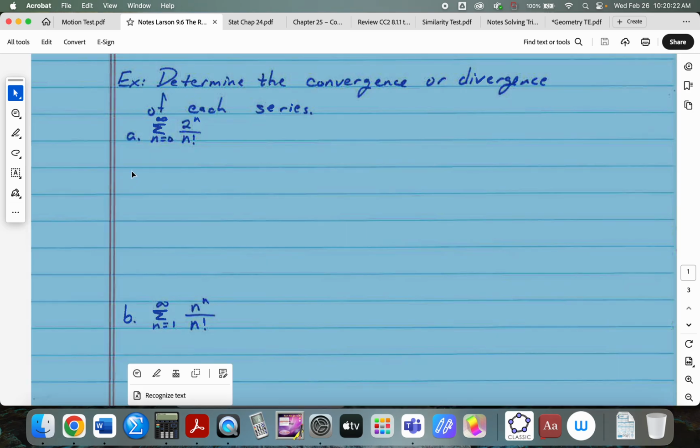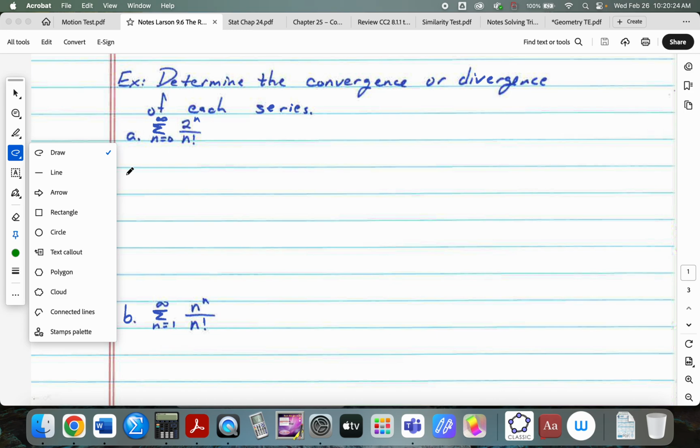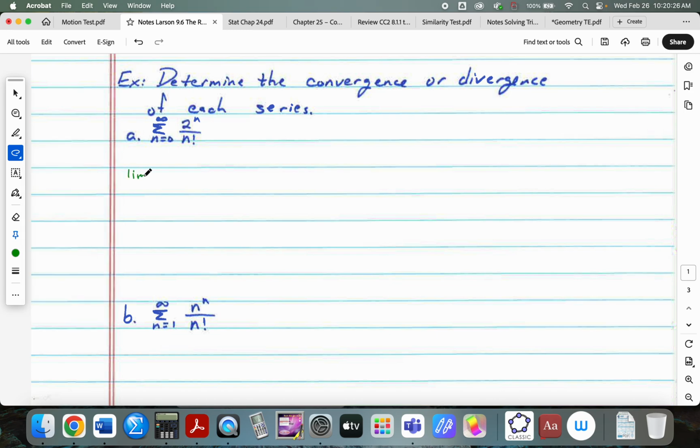So we're going to take the limit as n goes to infinity of the absolute value of a sub n plus 1. So every n gets replaced with n plus 1. So 2 to the n plus 1 over n plus 1 factorial over 2 to the nth times n factorial,